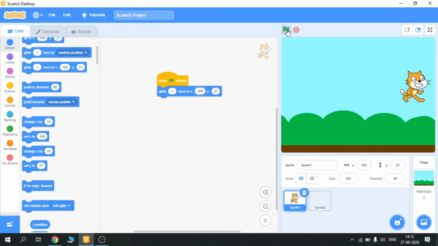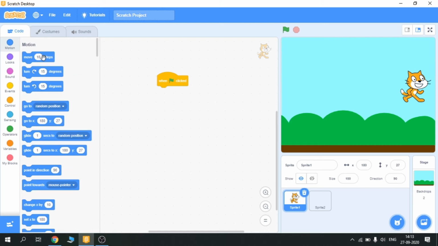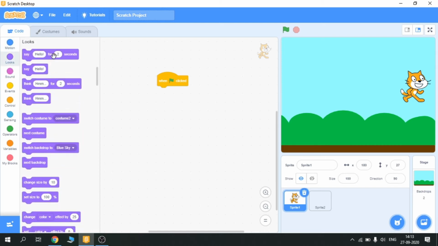So it will walk to this position. Okay. So these are very basic coding. When I say hello for 2 seconds, it will say hello for 2 seconds. I'm just telling you how the blocks are working.